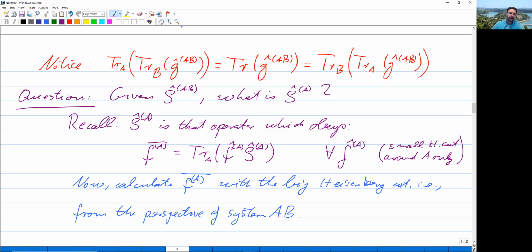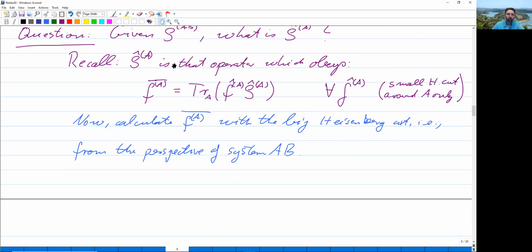Now, that's not our starting point anymore, because we have a bigger Heisenberg cut. We are now cutting around A and B. And now from the perspective of this bigger system, AB, how does this look like? Well, recall from previous lecture, the observable,